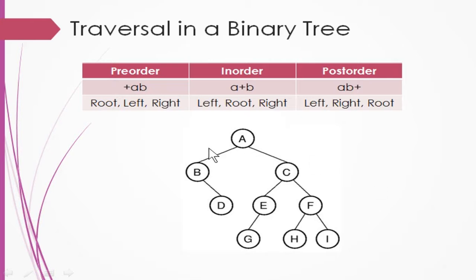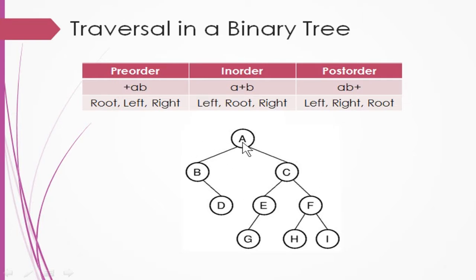You can see a binary tree given here. In exams you will get something like this. They will ask you to write the post-order traversal. That means you have to select this part, left, right, and root, and then write the sequence. Say, for example, you check the pre-order. You have to visit the root first. You can see A, and then you go to the left, and then you go to the right. I am just taking these three nodes alone. If you have more nodes, you have to visit all the nodes. That is what traverse means. I am just taking the three nodes available, A, B, C.